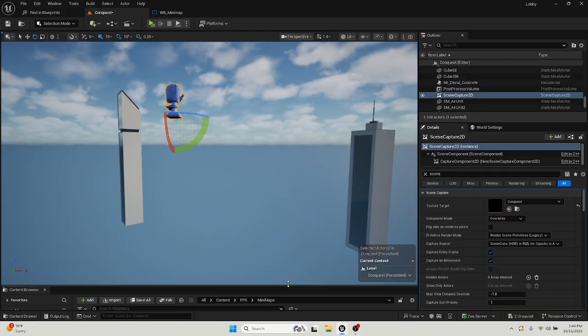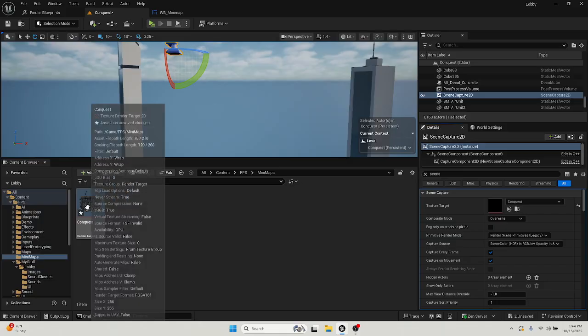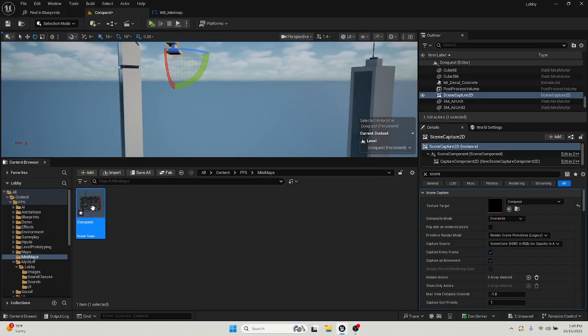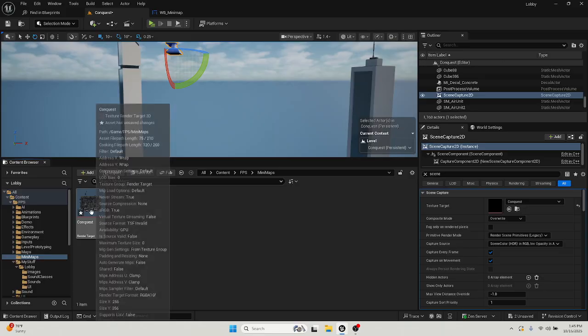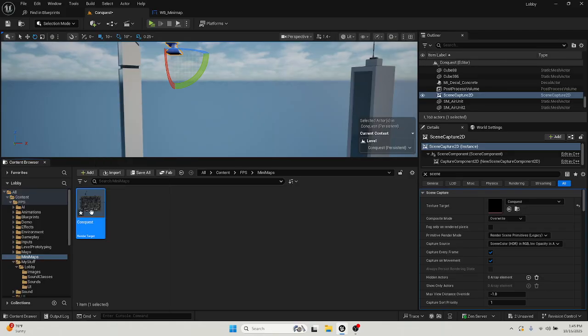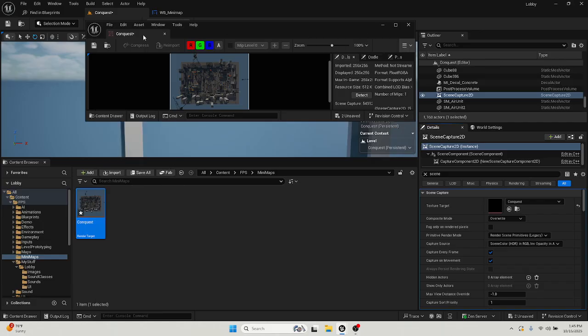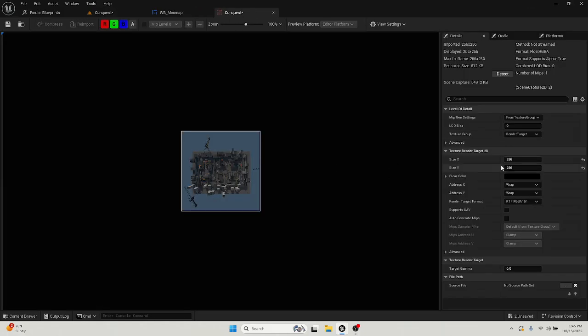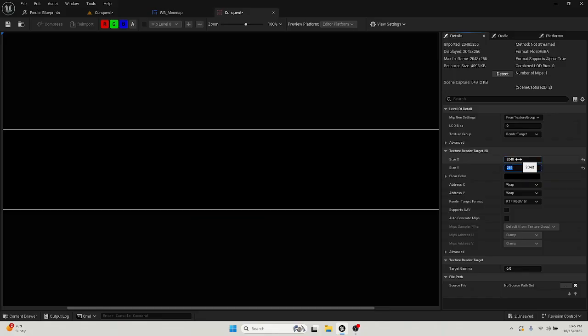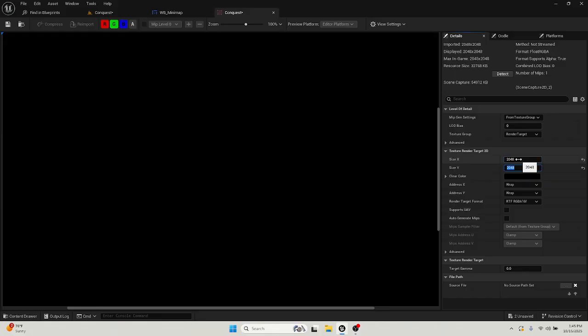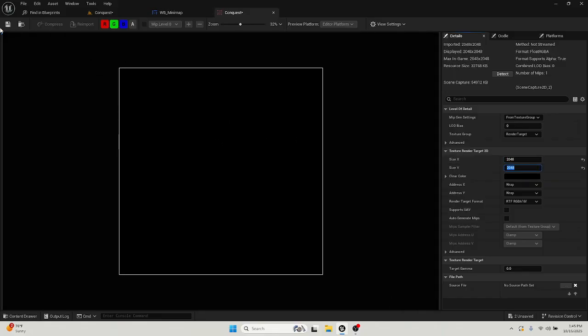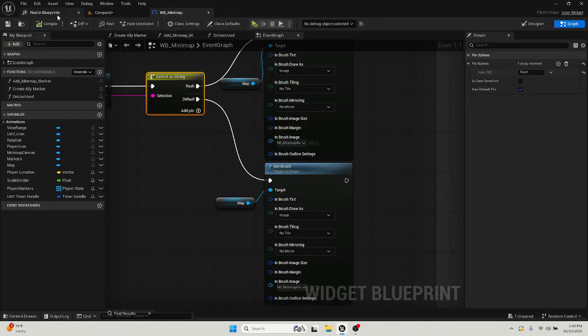Okay. Open your content browser back up. You're now going to see a render target in your folder. That's not your texture, so don't use that. What you're going to do is open this up. Then go over to your X and Y on the size on the texture render target 2D. Make that 2048. Then you're going to save it, close it,